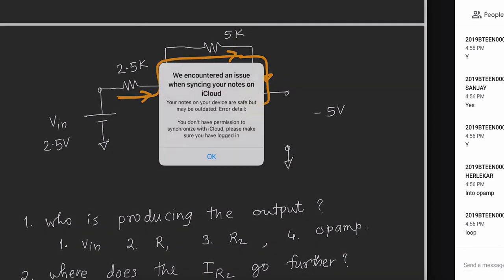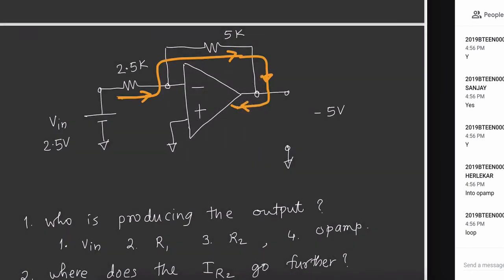Now inside the op amp, if the current goes and gets stored, it won't happen because again the loop has to be closed. So this is not possible. What is possible is that this current will go in and then come out from somewhere. So how do we understand that? For that we will show the power connections, plus 12 and minus 12. Understood? Yes or no?